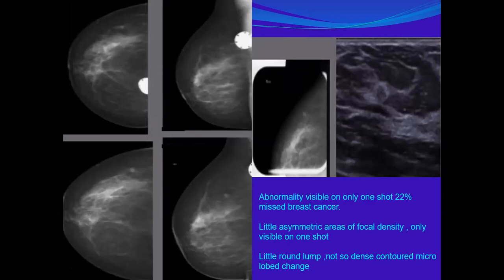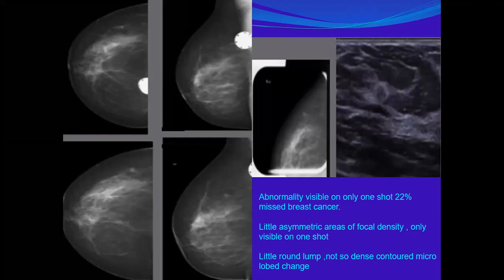Yes. Added density, but does not meet the definition of a mass. Okay. The upper one is upper lateral. The second one also is upper lateral. Could it be seen in the MLO? The first one, no. Yes, in the first row, you can see